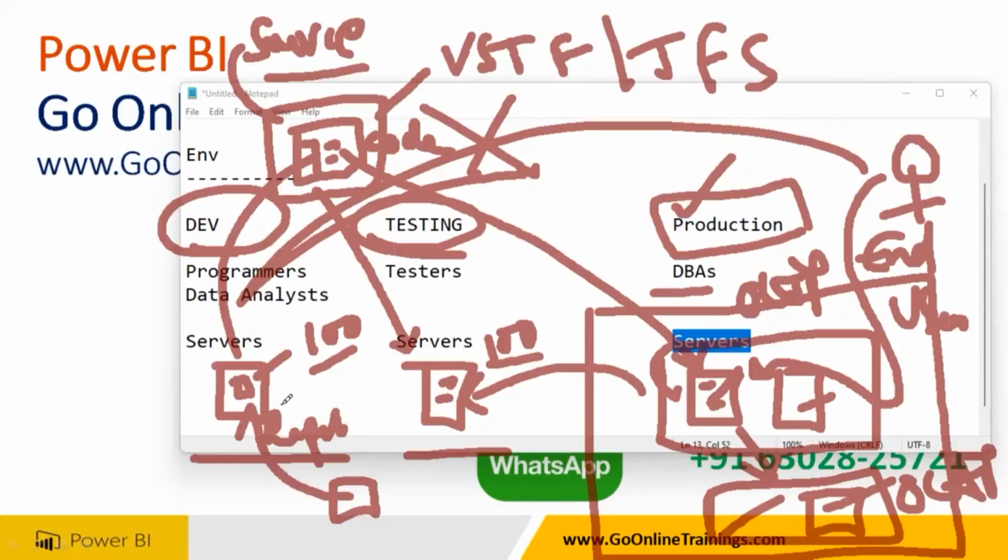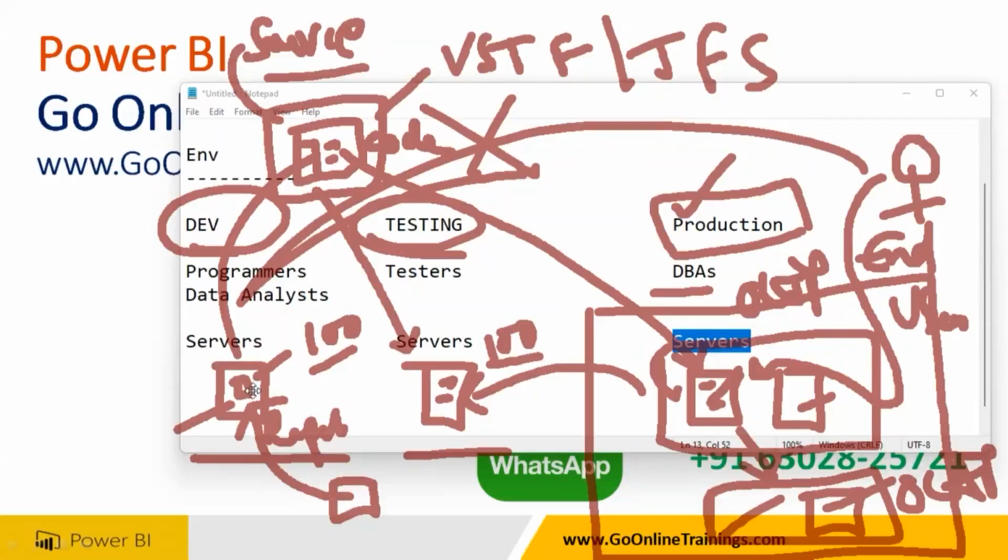Instead of giving a dot, I told you, right? What is a SQL server? You always give a dot, right? Dot means local computer SQL server. We never give a dot. We have a server where SQL server is installed. We are going to use this IP address to connect to SQL server, and so that you will have